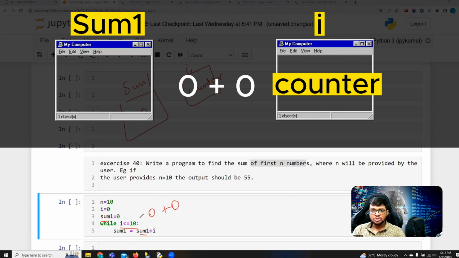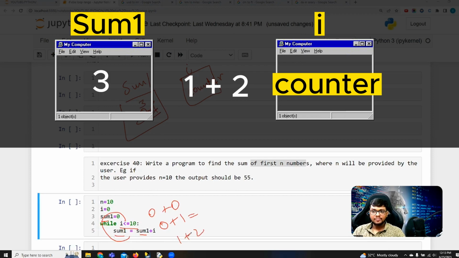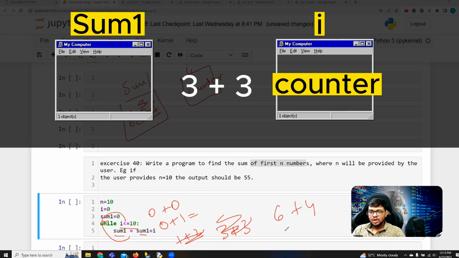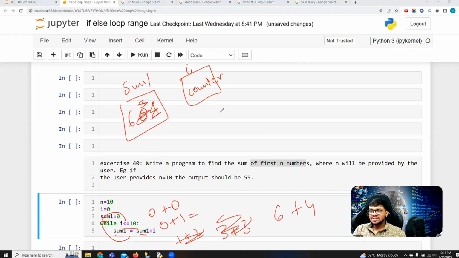So 0 plus 0, it would be 0. Then your I value would be increased, 0 plus 1, then your sum value would become 1 here. Then again we do here 1 plus 2, so your new value would be 3. Then again we do 3 plus 3, so this value would become 6. Okay, now again we take the 6 value and we add 4. So understand what we are doing. We are just taking the sum, okay, and we are adding I. What is I? It is a counter which will go from 1, 2, 3, 4, 5, 6